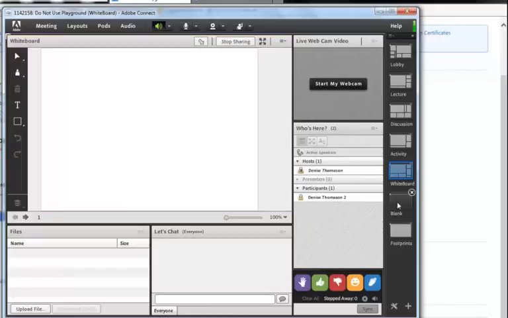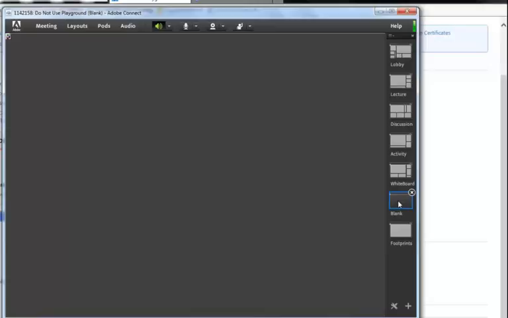The last layout that they have, or the last primary layout that they have, is the blank. This is just that. It starts off with a blank slate. So from here I can open up additional pods using my pods menu and then arrange them on screen to get them looking just like I want. And then I could go in and save that so that I have it for future use, at least during